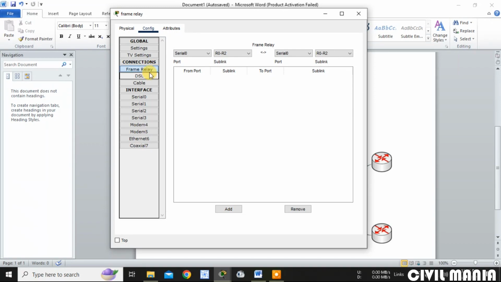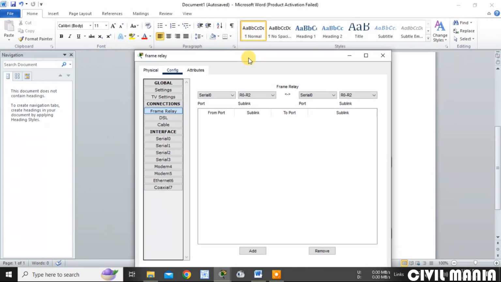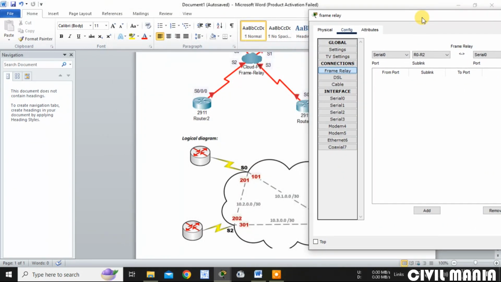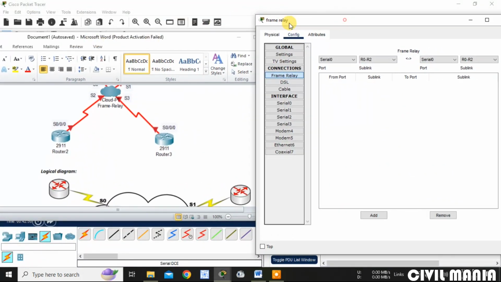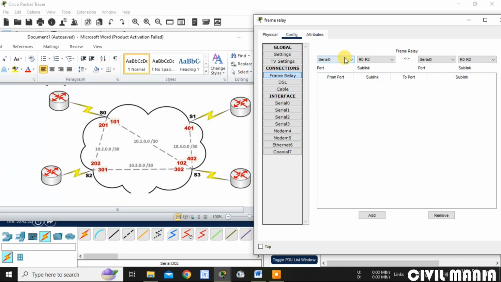In the frame relay, now let me do the connection in the frame relay. First one is serial 0.